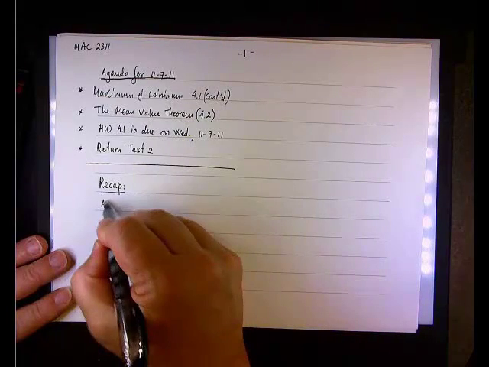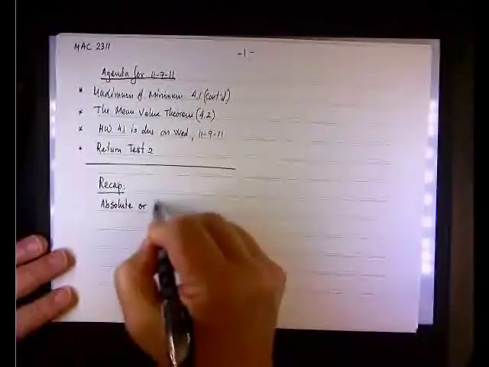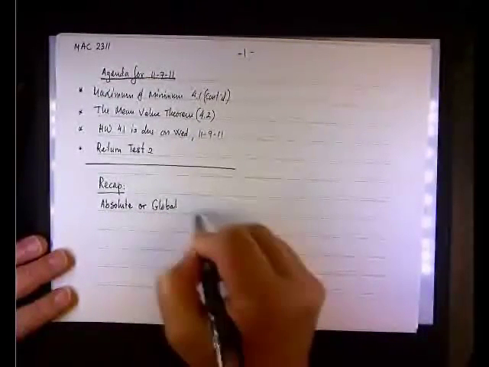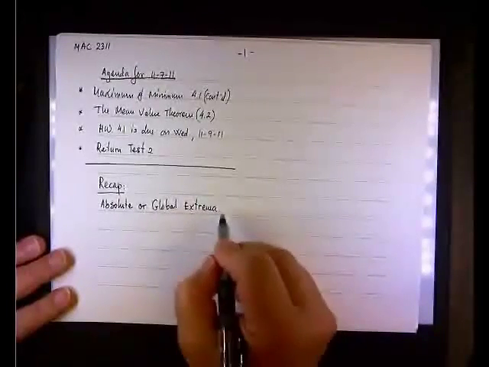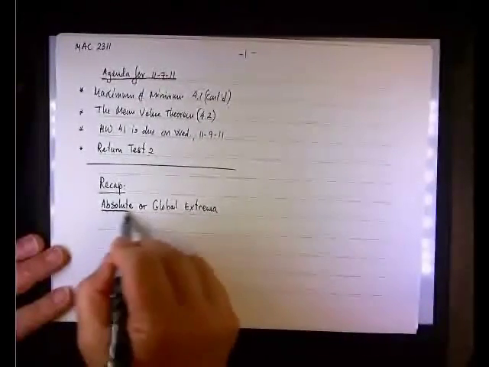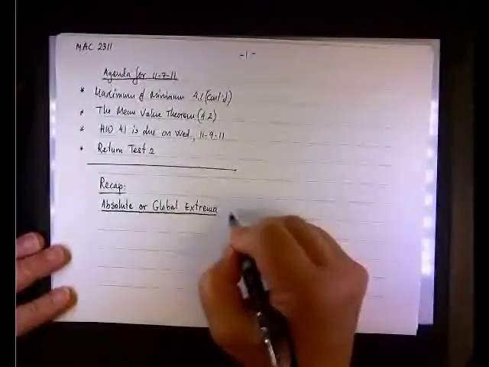We're talking about absolute or global extrema. Remember, extrema means either maximum or minimum. And you can say at x equals c,